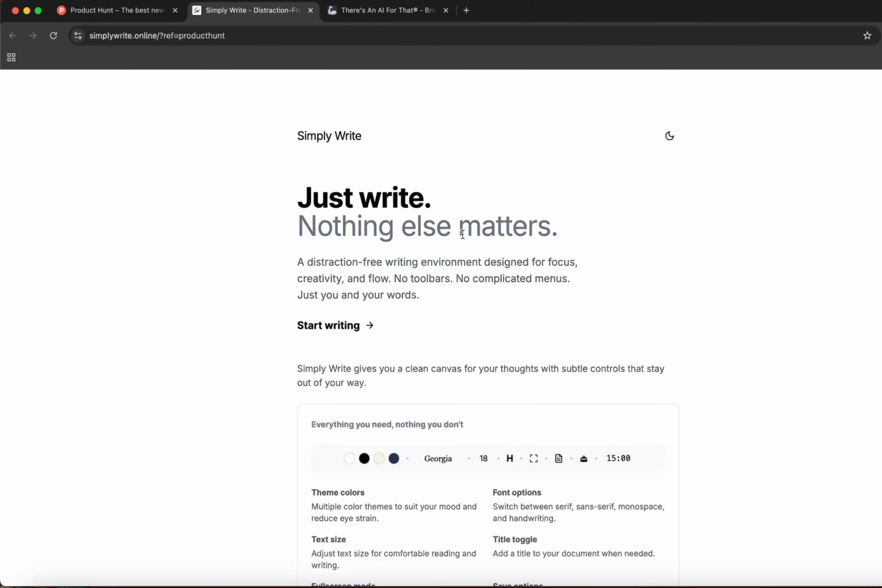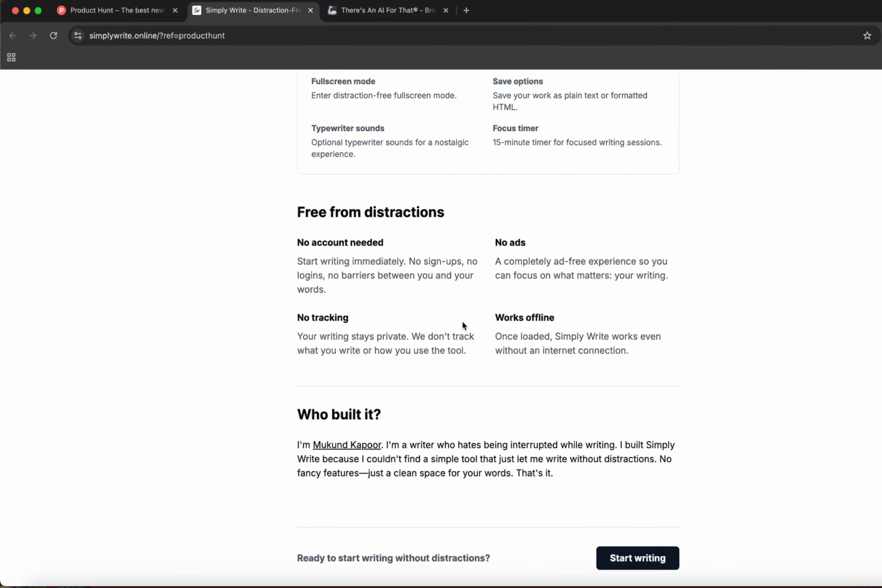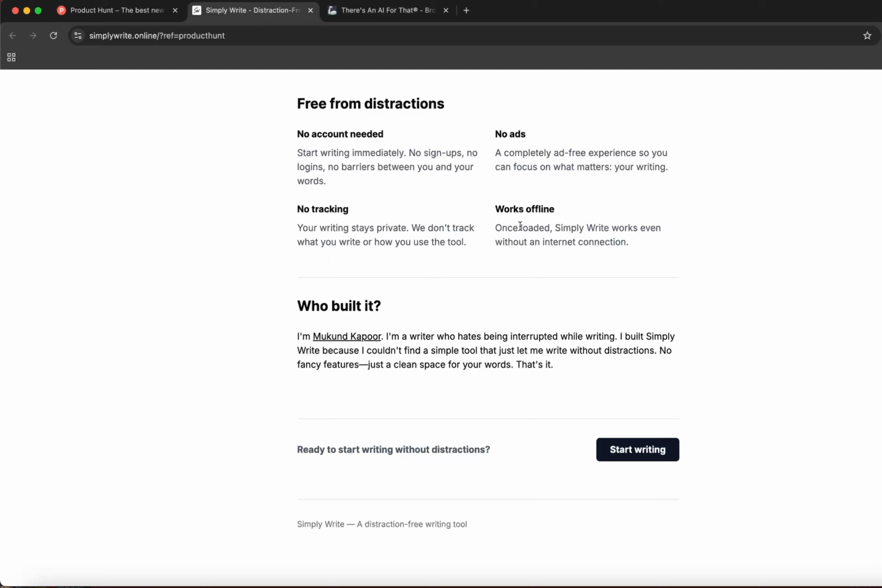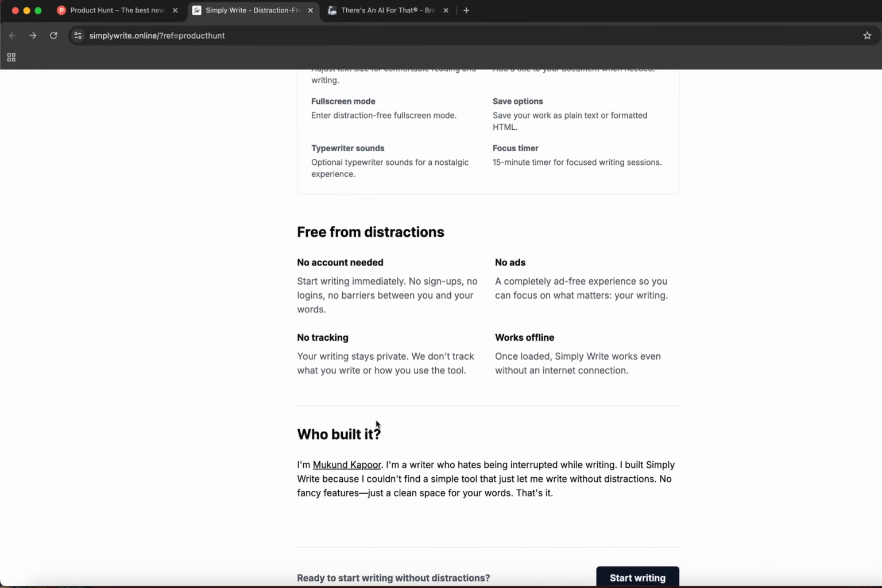It says, just write, nothing else matters. And what? It's just like a place where somebody can write. That's it. No account needed, no tracking, works offline, no ads. Start writing. Let's go ahead and click on this. Interesting. So you can just literally write, I guess. Interesting. So there's no money attached to this. There's no money being made. How is this